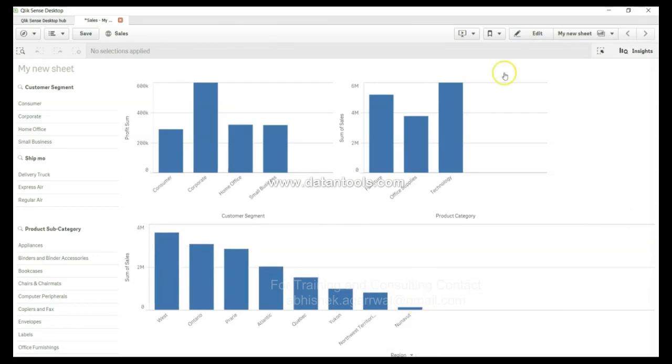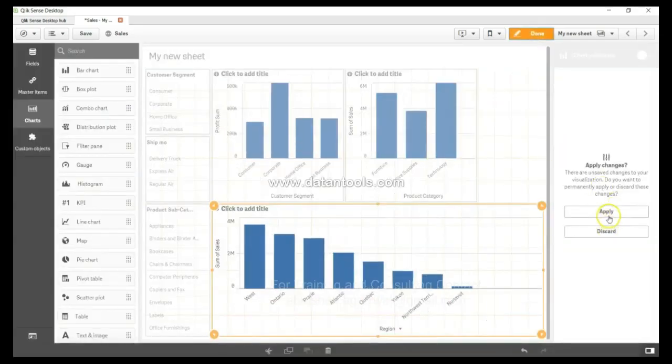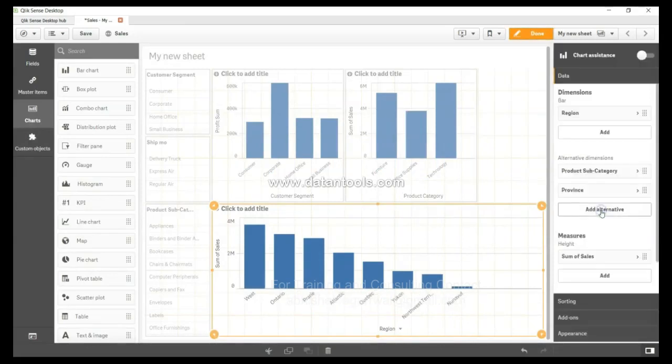So that's about the... and what it is asking me, that I have some unsaved changes. Do I want to apply? Yes, I want to apply. So I can add as many as I want, but just to be on a safer side, anywhere between 3 dimensions to 5 dimensions is good. 5 is still way high because it may confuse your user, because they need to interpret the chart based on what dimension is changing, but it's a handy feature that you can use. So that's pretty much it about this video in this topic, and I'll meet you in the new video, the